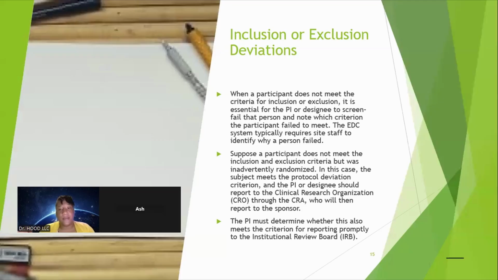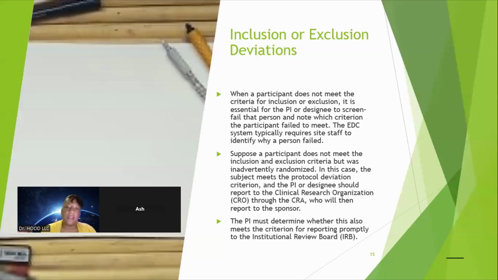But that's up to the sponsor. So the sponsor will decide whether it is safe for that patient to continue, depending on which inclusion exclusion criteria they inadvertently overlooked. They would decide whether or not it's okay for that patient to continue or if they need to be immediately withdrawn. And they probably also will make the decision if the treatment of that patient needs to be unblinded as well. So that's why it's very important to follow the inclusion exclusion criteria, because you don't want that